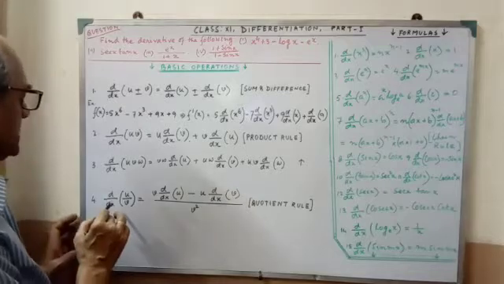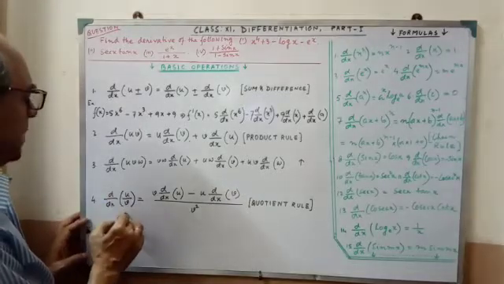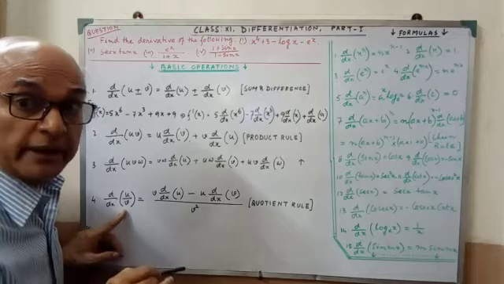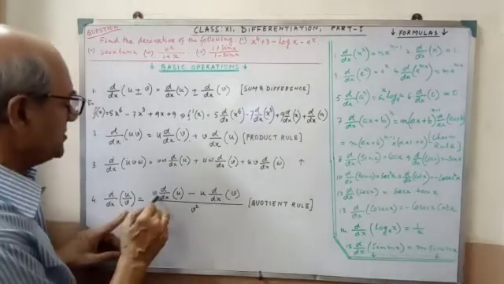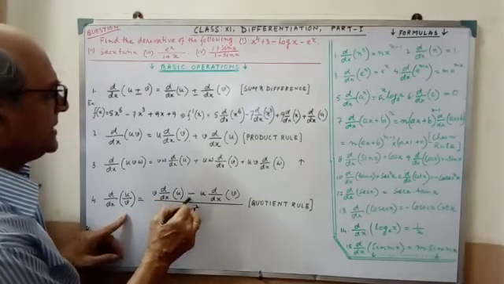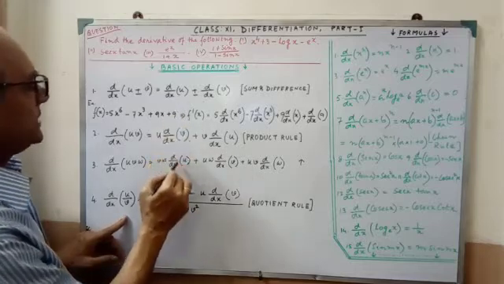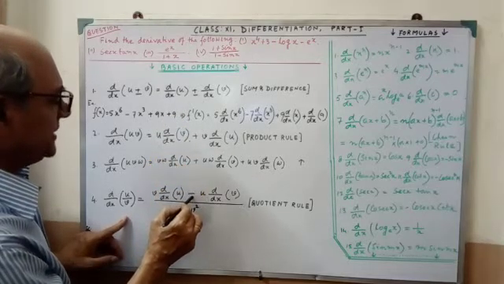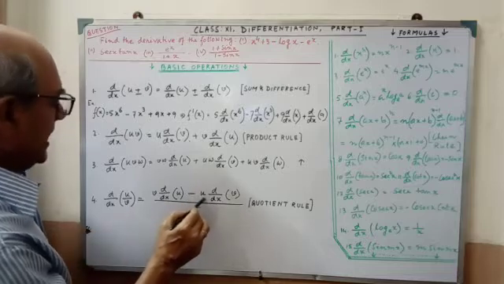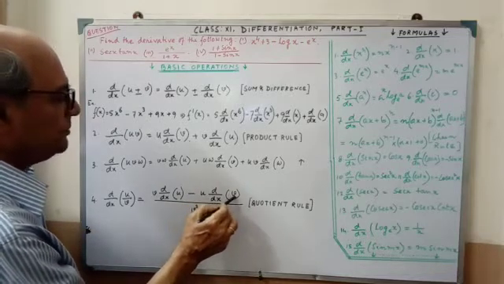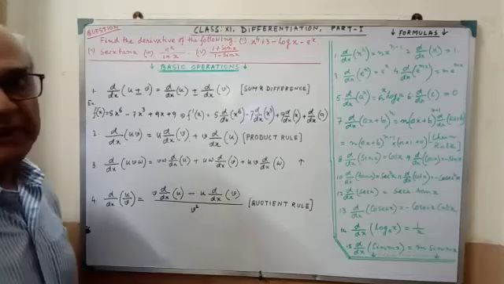And last, that is the quotient rule, u by v. v, that is the denominator. Denominator will be unchanged. Differentiation of numerator. Here is minus. In case of product, here is plus. And in case of quotient, that is minus. And u unchanged, differentiation of v, divided by v square.